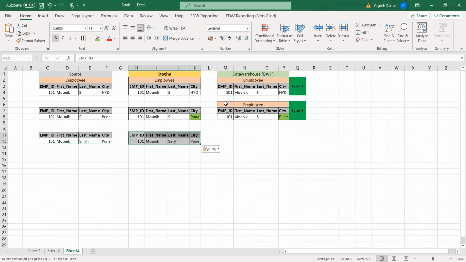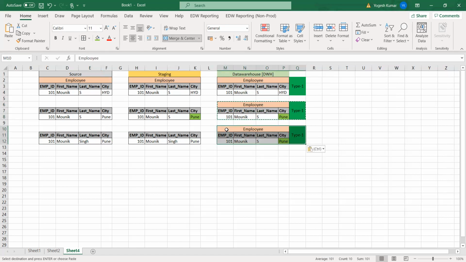Now this was our target table, the data warehouse table. It will check whether this employee ID already exists. Yes, it already exists. Now it will check where the change is: first name is the same, city is the same, there is a change in last name.